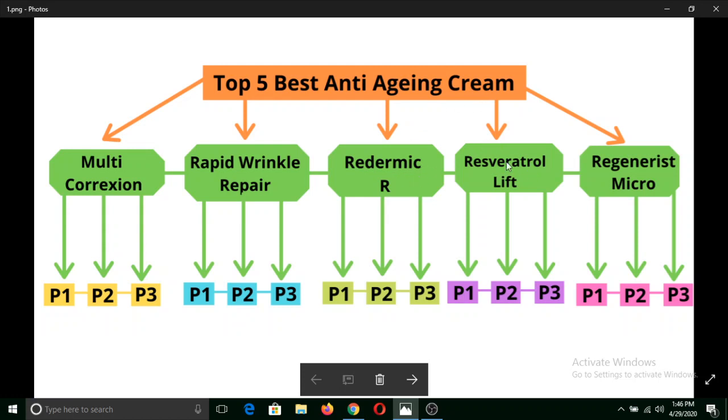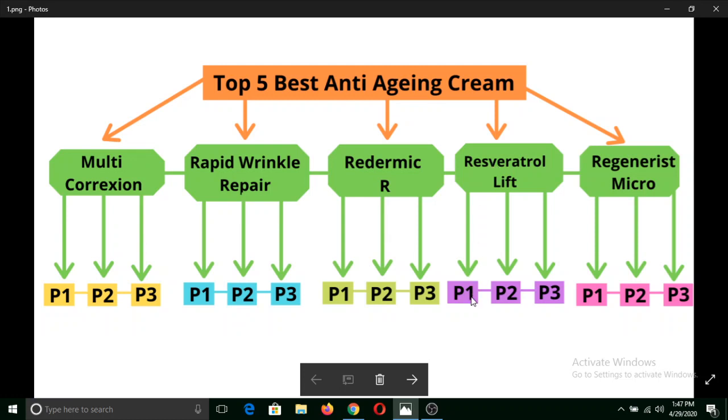Similarly, in this resveratrol lift, give one link from this top 5 best product to this specific product review, and then from this specific product review to this top 5 anti-aging cream review, and one link to this Redermic R, and one for Regenerist Micro. And from here we'll give one link to this P1, and from this P1 give one link to this specific product review.